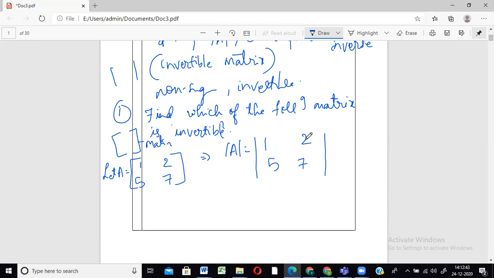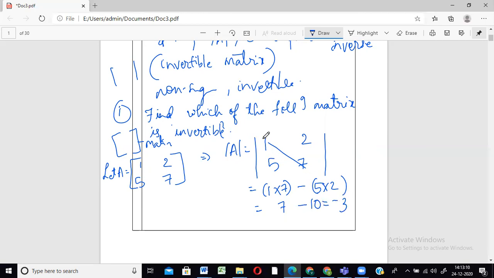How do you find out the value of the determinant? Always cross multiply. This is nothing but 1 into 7. I'll put a bracket so that there is no problem. And then this 2, but before doing these two, you should always have a minus sign, into 2 5s are 5 2s are 10. That's 7 1s are 7, minus 5 2s are 10, which is equal to minus 3.